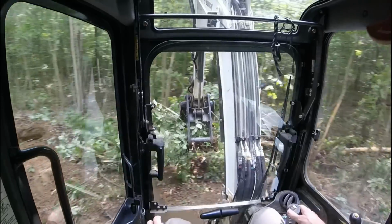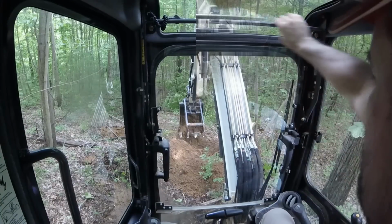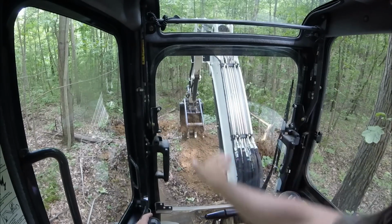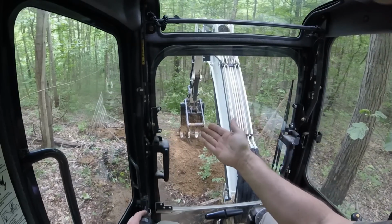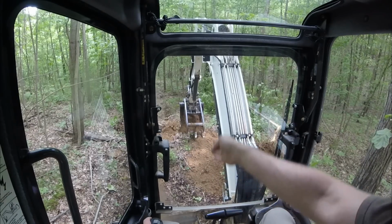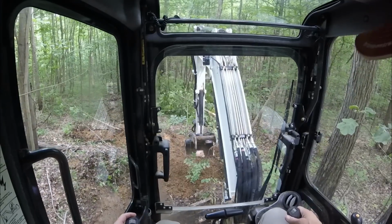Grade all this down to a nice decent road path. That'd be really slick. Alright, so you see where my bucket is. That's a pile of dirt where the dozer came and cut this road. What I need to do is bring that dirt back in and reroute this water off of the road in a few spots, because it's just taking this road all the way down. And by the way, I've changed directions. We made a hard left here